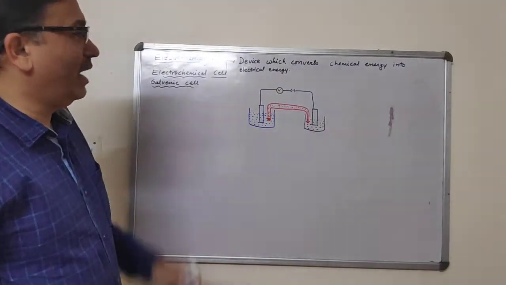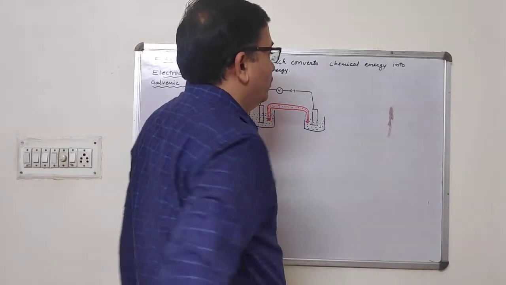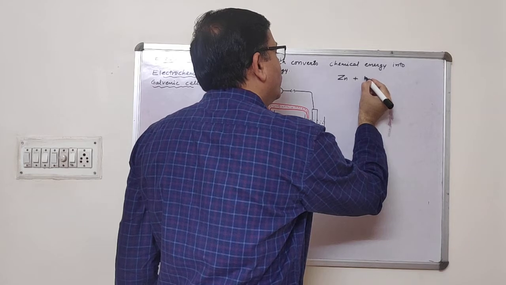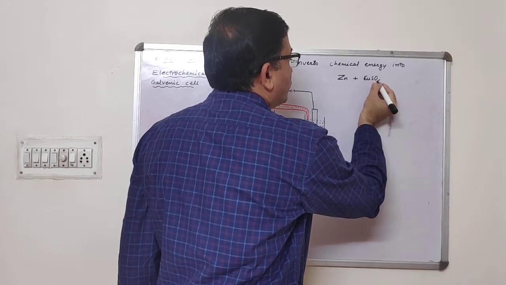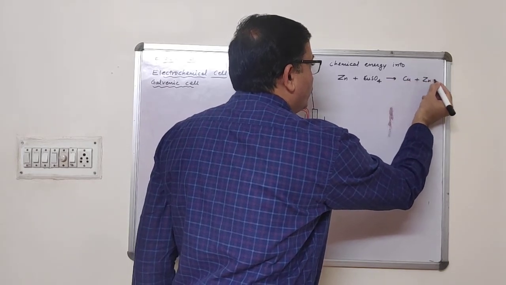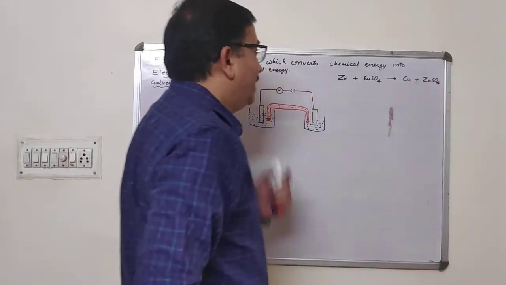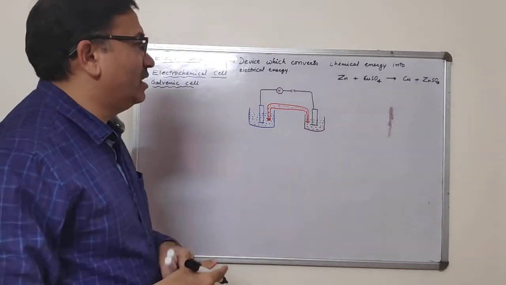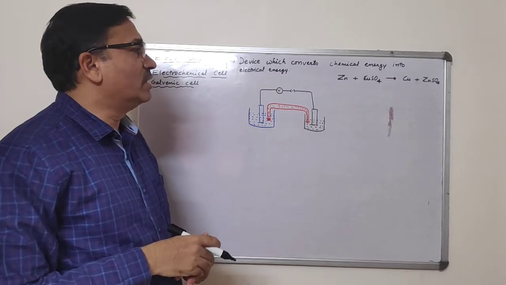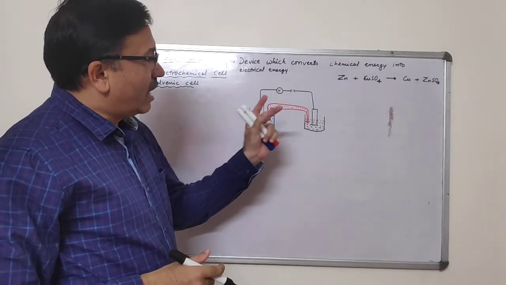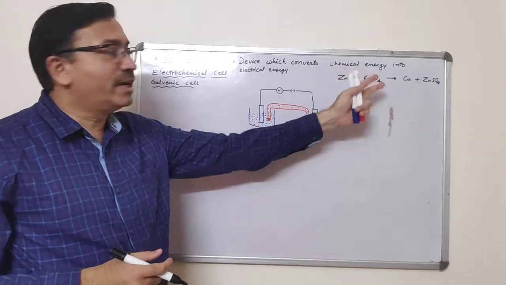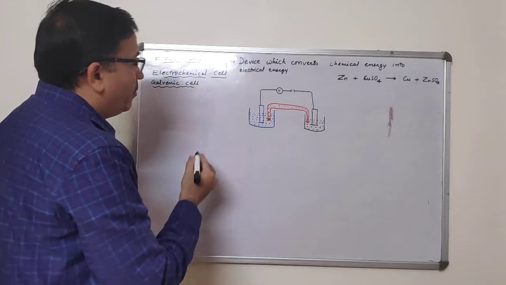If I take a simple example of a redox reaction, say zinc plus copper sulfate, what does it give? Copper plus zinc sulfate. It's a very common redox reaction, a displacement reaction we use in our routine studies. And see, if I make a little change in this system, this is a test tube reaction, and I am making some changes. What am I doing?